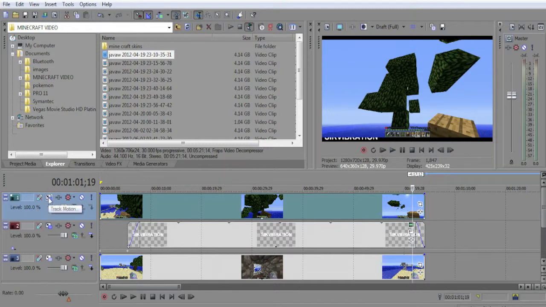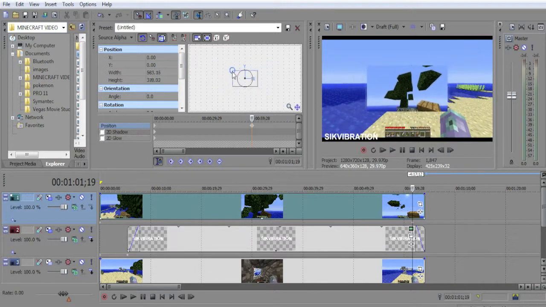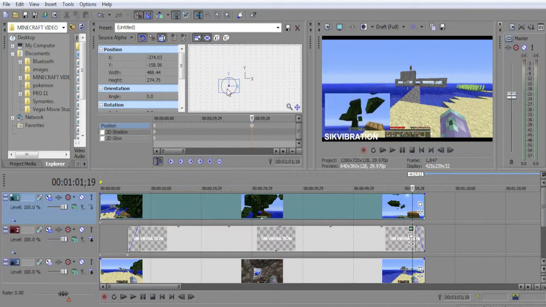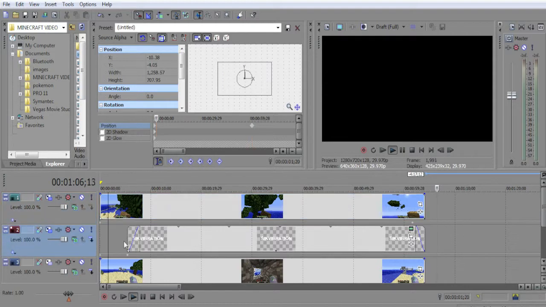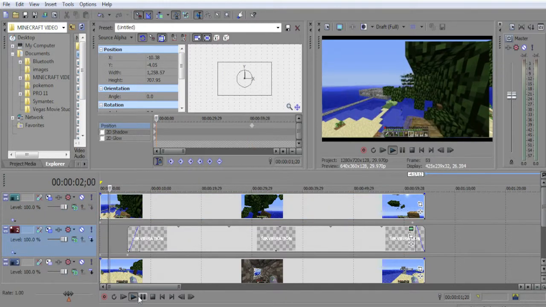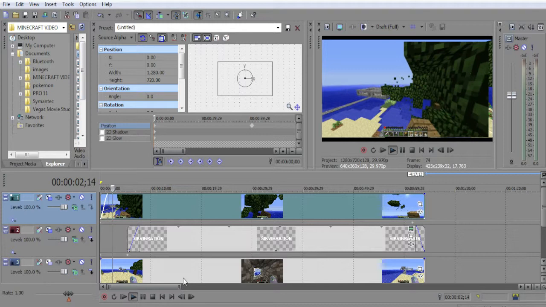So what we will do is we'll go to track motion again, and we will shrink it down, and we'll choose where we want it to play in the video. So I'm going to choose just here above Sick Vibration, and there we go, it will play through as your 2 videos. That's pretty much how you do picture-in-picture. You can also use the same transition on it, like to make it fade in to the video. So it will pop up, and